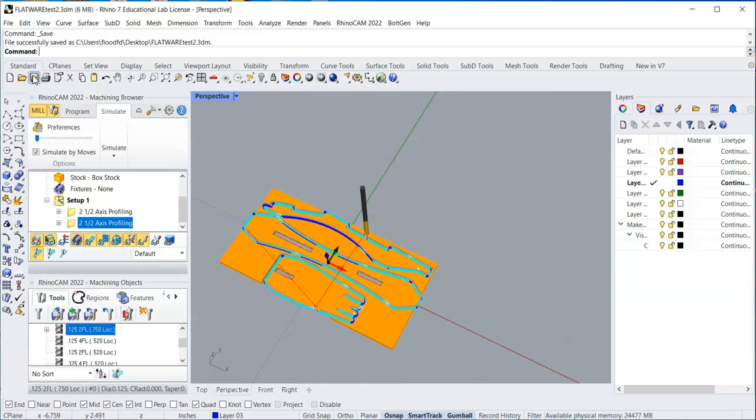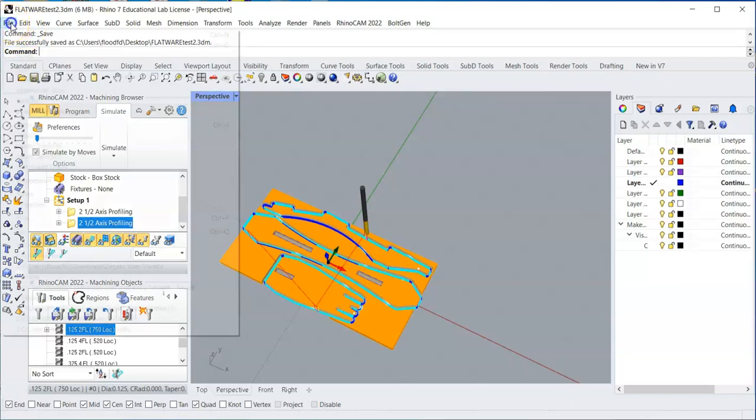Now, if I use a smaller bit, I'm going to be taking smaller increments, depth of cut. I'm going to be running the machine slower, okay? So, taking the knowledge that I have, I'm going to cheat RhinoCam, all right? We're going to cheat it. So the way I'm going to do this,